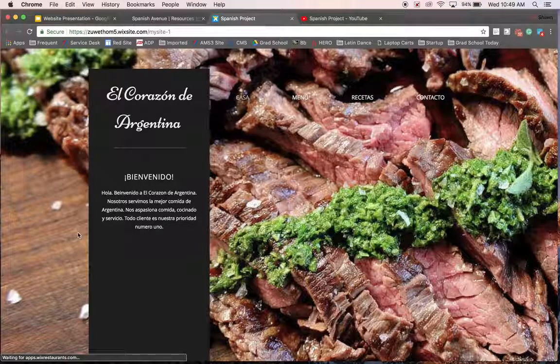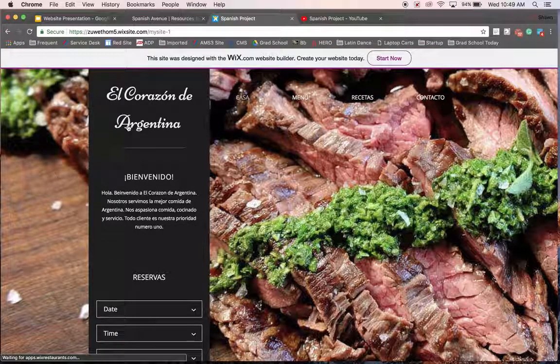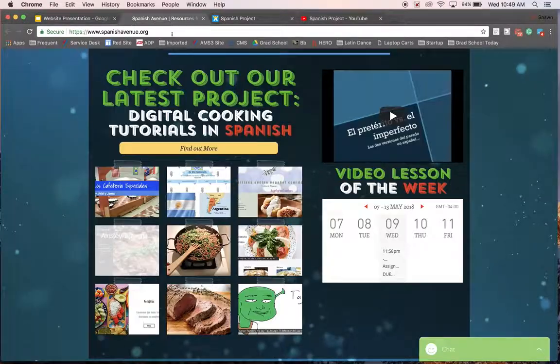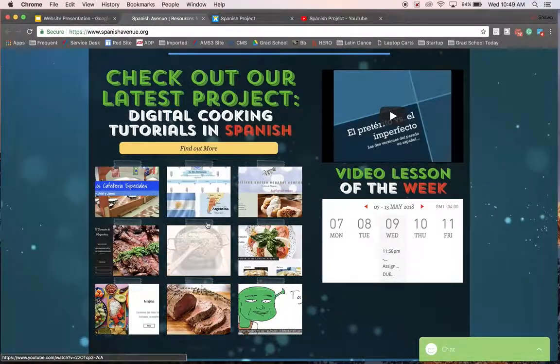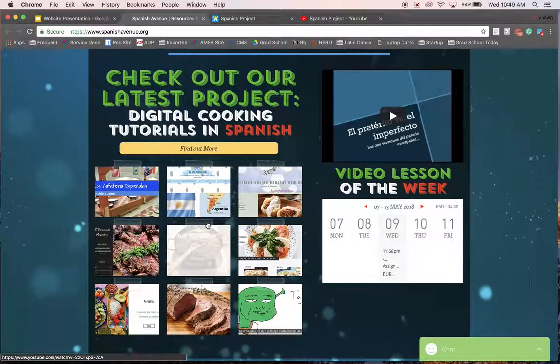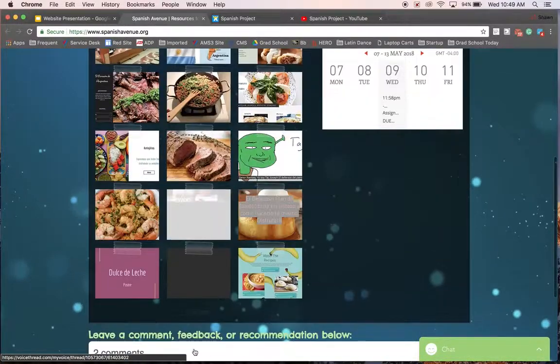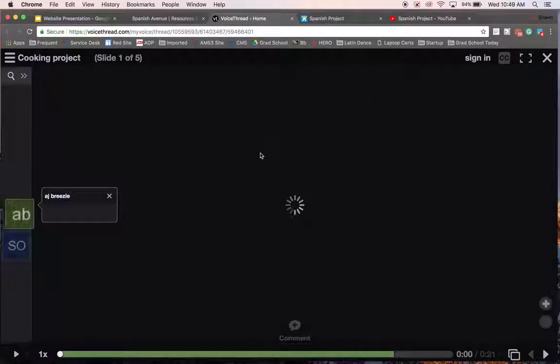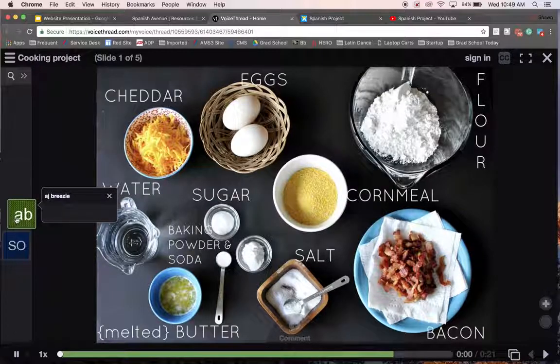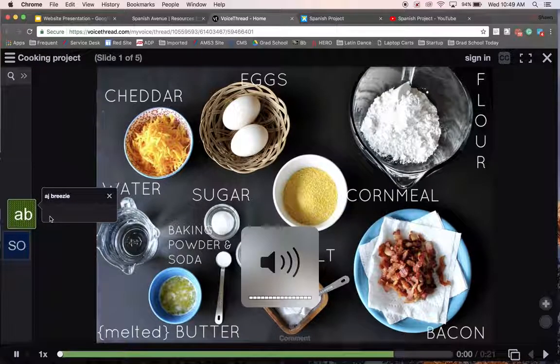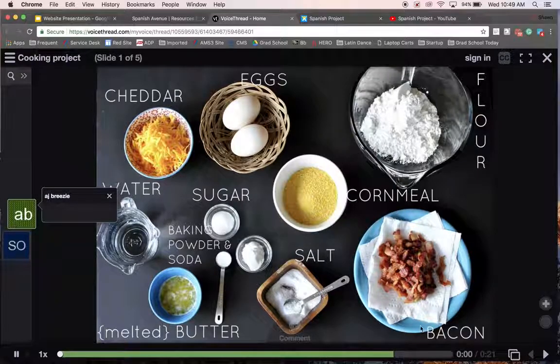They could choose to create a website. They could create their own website free using wix.com, or students could do a voice thread, which can be seen here, where they can comment over top of an image, and you can actually hear the students speaking through